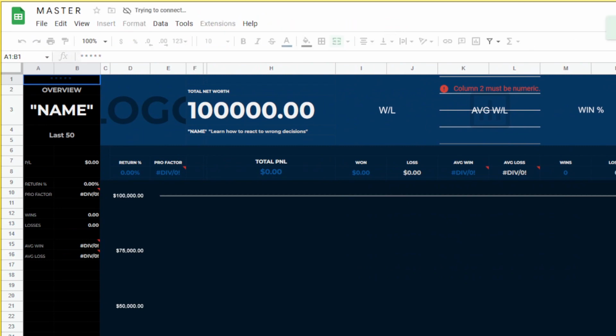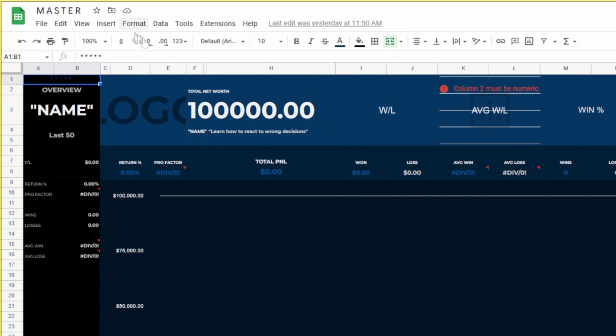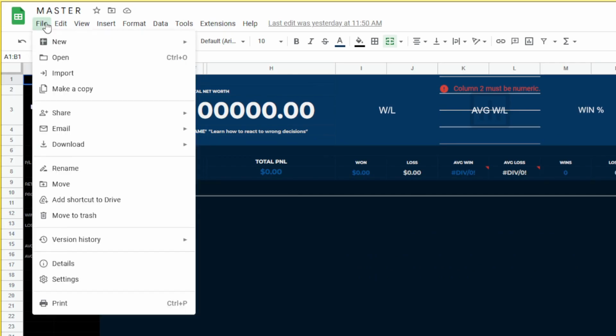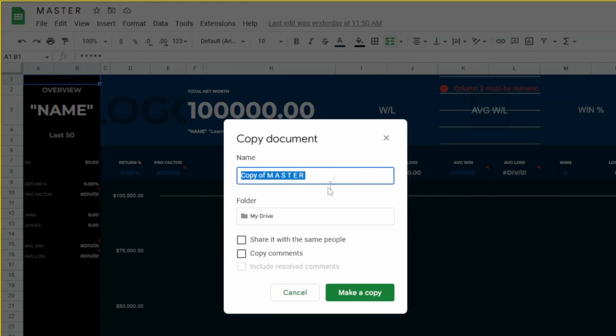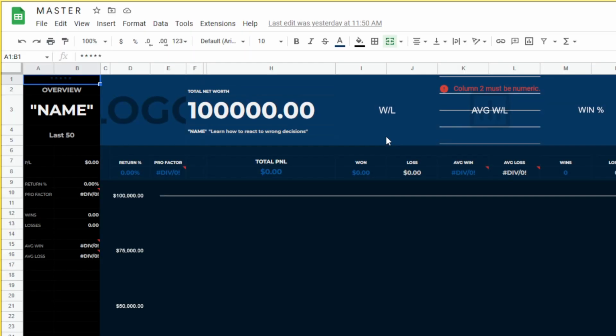The first step you want to do is make sure you're logged into a Google account. Then you want to come over here where it says file, click that and make a copy. Then you can name it whatever you want. And as soon as you make a copy, you will have complete access to it. Nobody else will be able to see what you input, and you'll be able to access the journal and actually